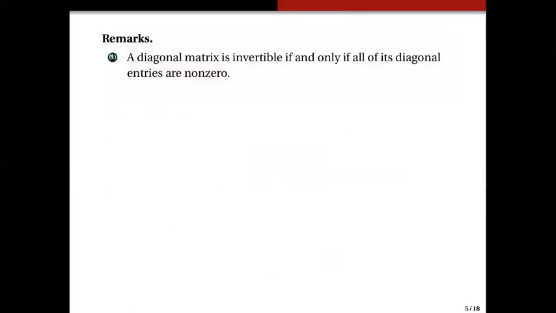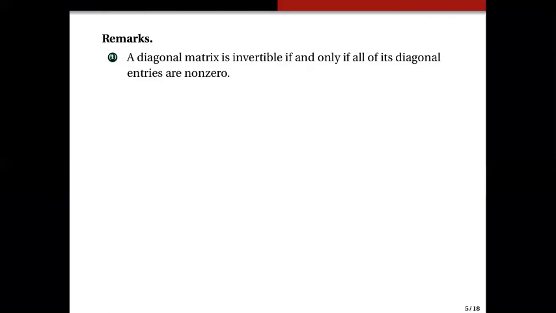Now let us talk about some properties that these new or special matrices have. First, a diagonal matrix is said to be invertible if and only if all of its diagonal entries are non-zero. Of course, the diagonal matrix only has possibly non-zero entries on the diagonal. But if all of the entries on the diagonal are non-zero, then the matrix